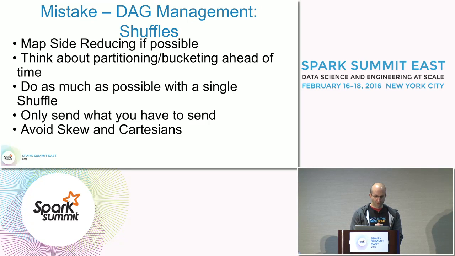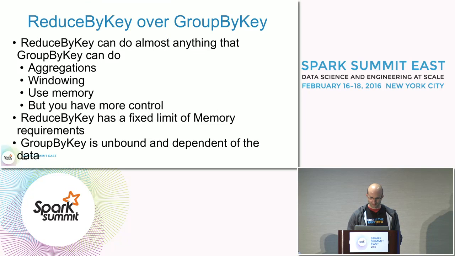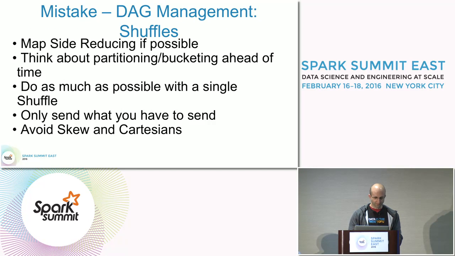OK. So the first thing, let's see, did I miss the slide here? OK, the first thing is shuffles. Does everybody know what a shuffle is? You do a shuffle on a join, you do a shuffle on a reduce, you do a shuffle on a partition. Shuffles are freaking evil. Don't do shuffles. If you can avoid a shuffle, avoid a shuffle. Shuffles require lots of CPU, lots of serialization, lots of network. They're inherently evil. If you can remove a shuffle, and there's lots of ways to remove shuffles, you can use